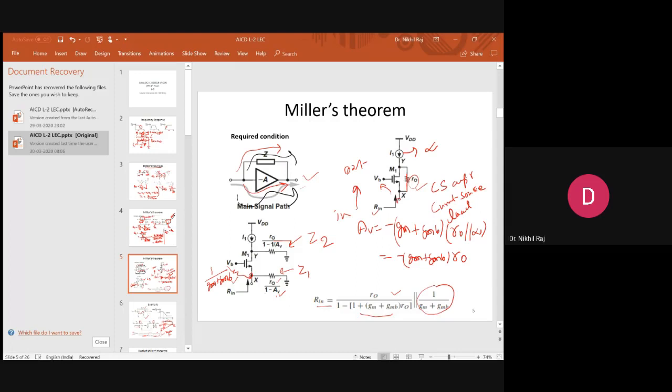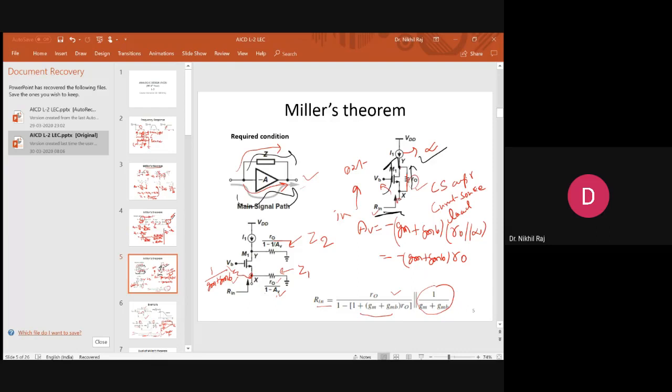And also, using Miller's theorem, we can calculate different characteristics in a very quick way. For example, this was the amplifier where we have to calculate the input impedance Rin, and to calculate Rin, we have seen this R0 is common, where Y is the output and X is the input. So here I can apply Miller's theorem because the signal path is through M1 and this is the parallel path, so it is a valid application.